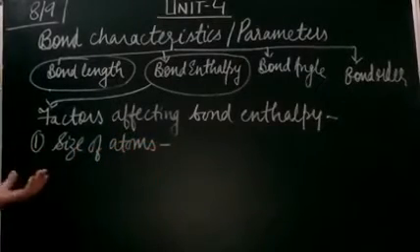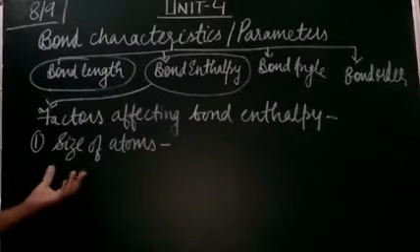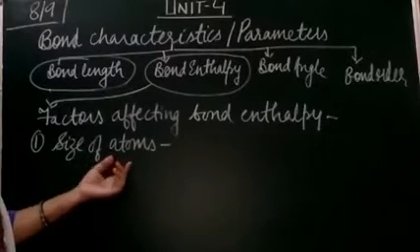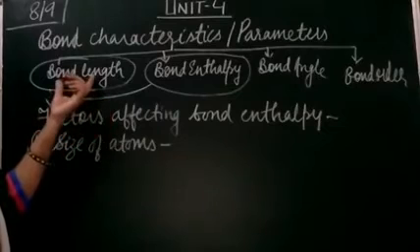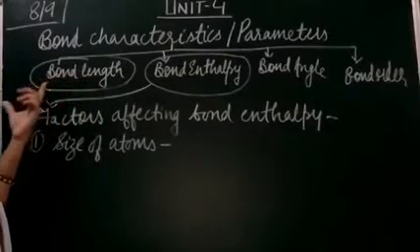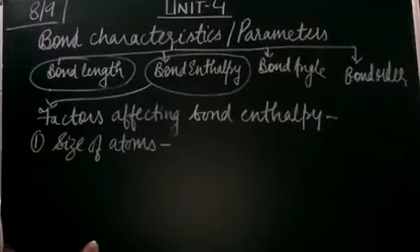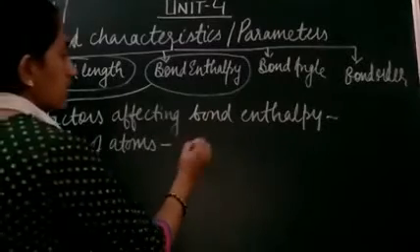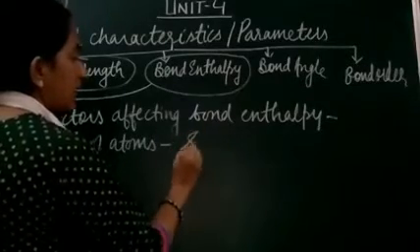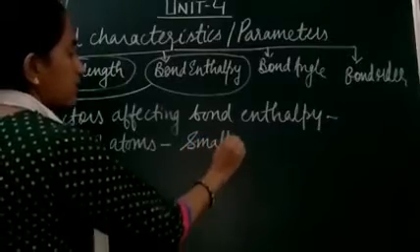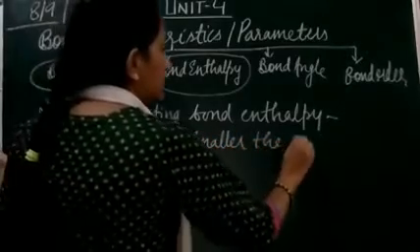Now you know that if the size of the atom is big, what is going to be bigger? It will be the bond length, right? So the bond length is going to be more. If the bond length is more, students, what will happen? The bond strength, that is the bond enthalpy, is going to be less, right? So we can write it this way: smaller the size of atom,